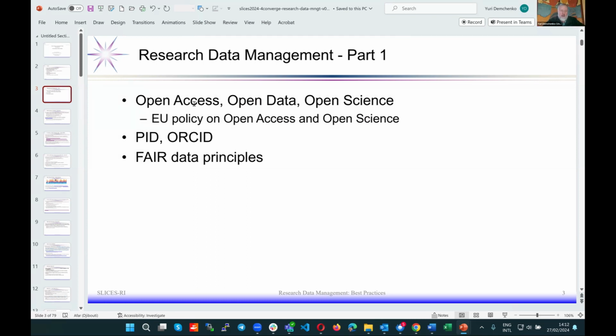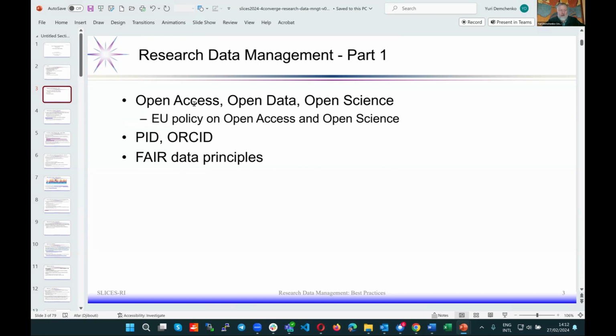So the foundation for this is why we have started talking about open access, open data, open science, even more about open science. First of all, there is a European policy on this topic. It is demanded on all funded projects. And this is not only in Europe, there is also a similar demand in the United States, Australia, and a less strict demand in Japan. So we need to know this, and we are actually forced, and we need to comply and